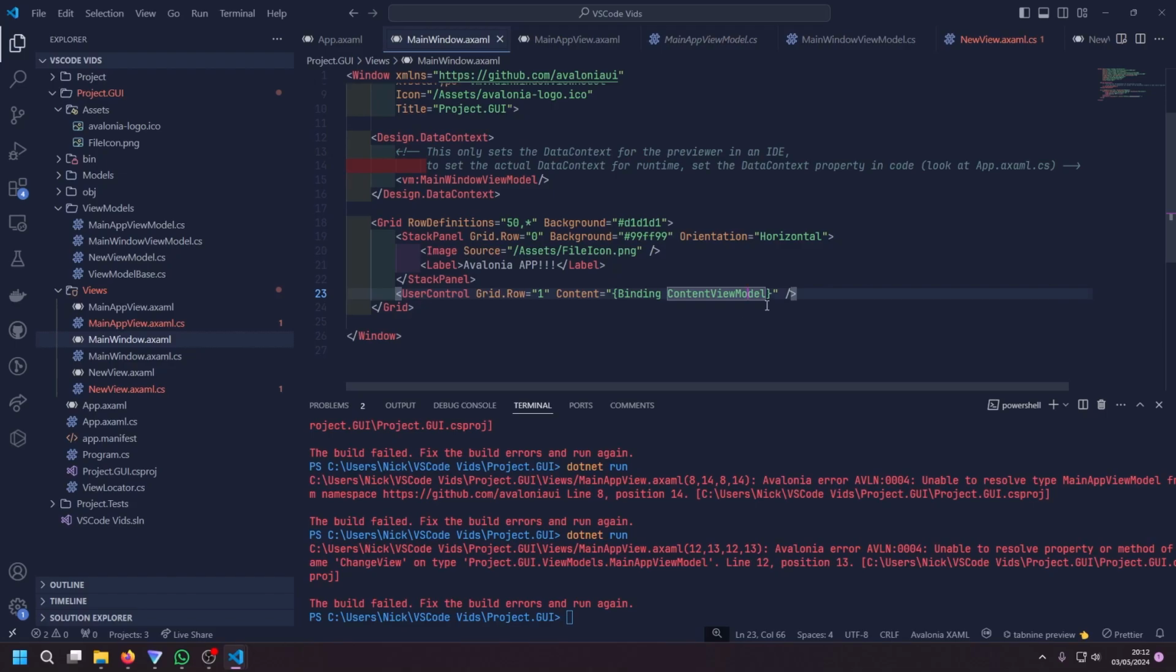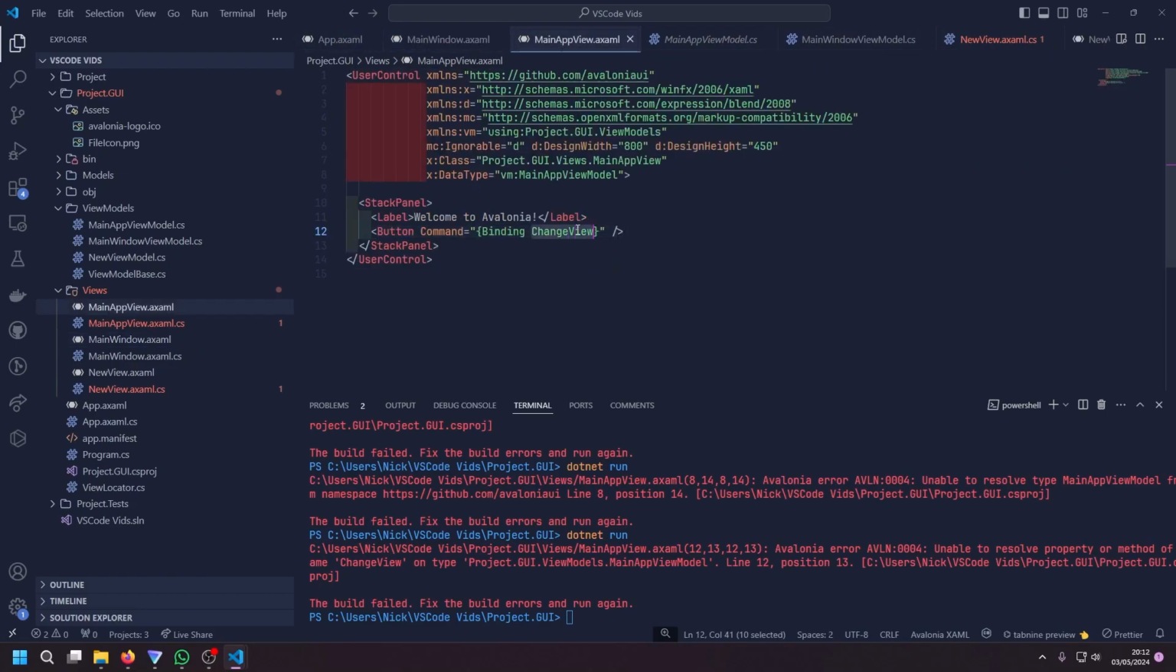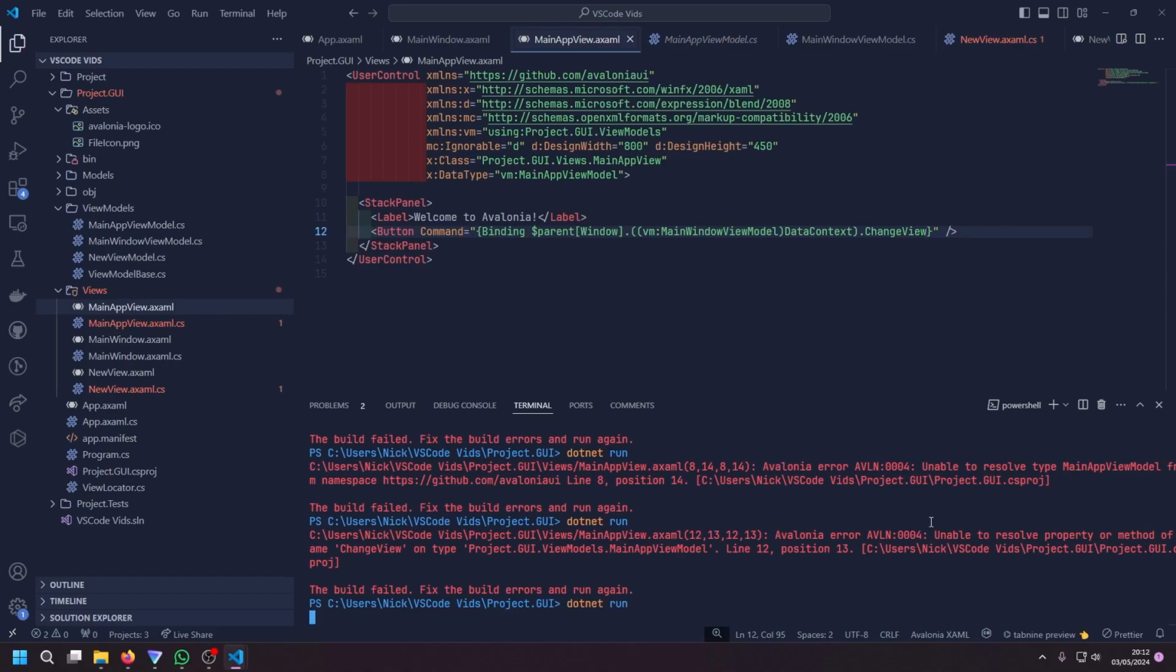Now we have the content view model binding again. You, of course, want to put that in the main app view. Something is not right with me today. I am so sorry for some of the confusion that I'm most likely causing here, but we will figure this out. Now, if I run this,